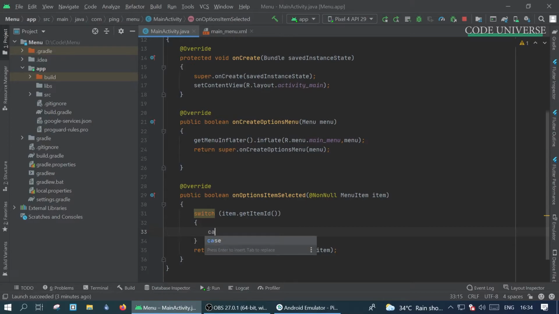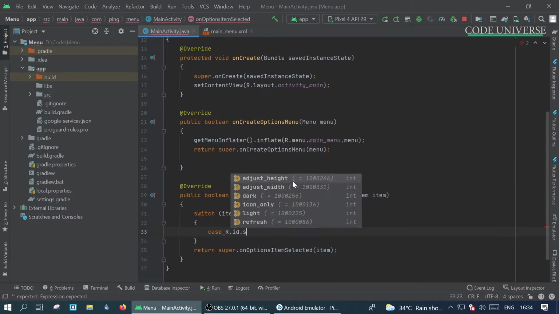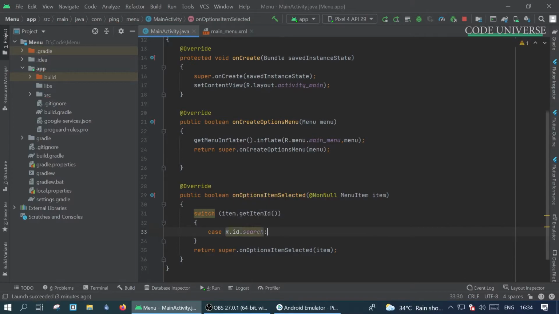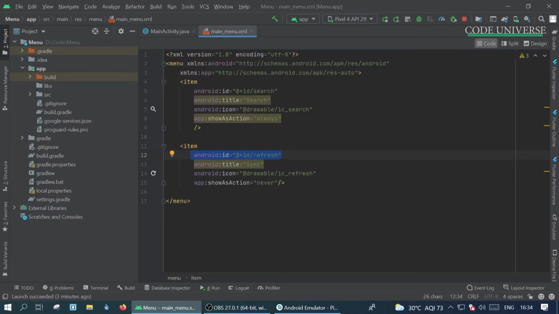The first menu I have is case R.id.search, then break. This case R.id.search is nothing but the ID of the search menu.